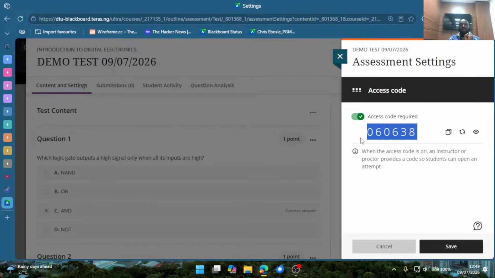And I know people might be wondering, okay, what if the students pass the code out to their fellow students that are outside the class? And that is very good because if they pass the code out, you can easily do this. You just come and see here that says refresh code. Once you've given everybody in the class the code, if it's only a small group, you can just give it to them manually. If it's a large group,